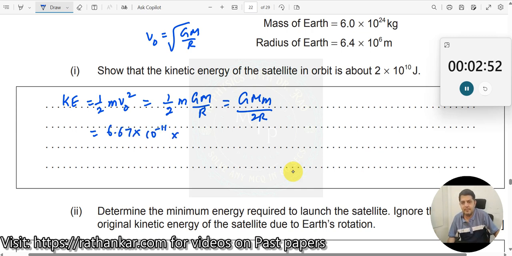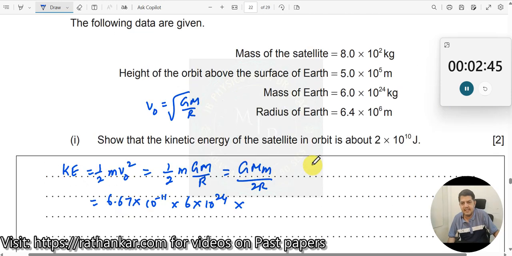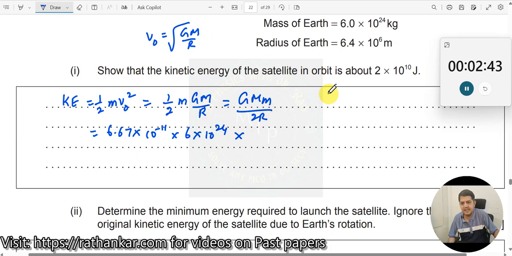What is m? Mass of the earth. What is the mass of the earth? 6 into 10 to the power of 24. What is the mass of the satellite? 8 into 10 square. 8 into 10 square divided by 2 into, now see, this satellite is not on the